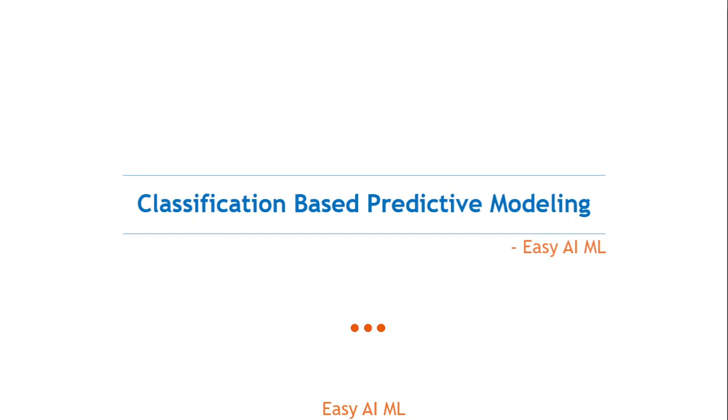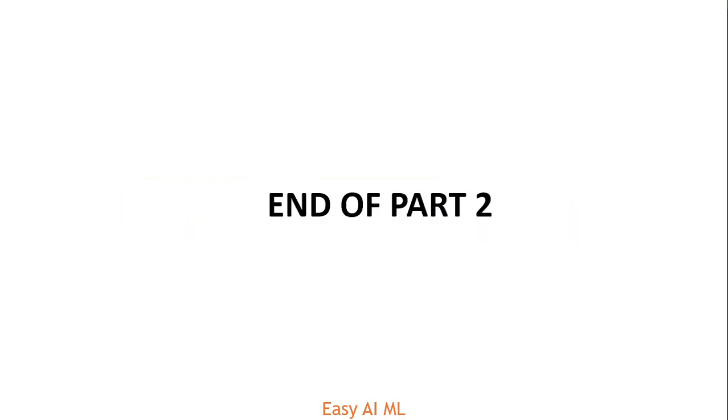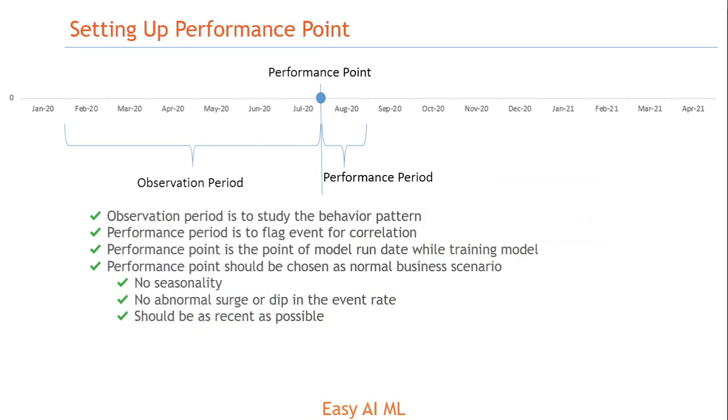In this part, we will learn performance and observation period of a model, feature engineering, binning, stepwise association analysis, multicollinearity, and PCA, test and train the model, out of time test, model accuracy, lift curve, and model deployment. So let's begin. In any classification model, we study how long back into the history we find a pattern that